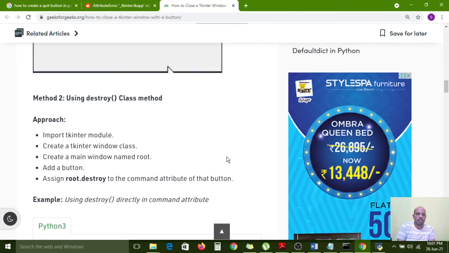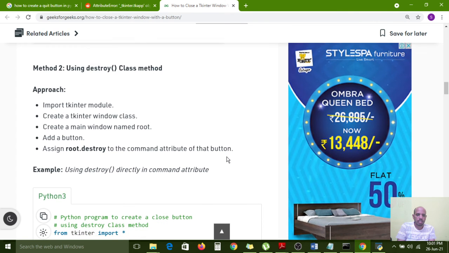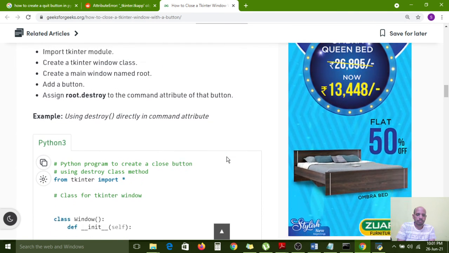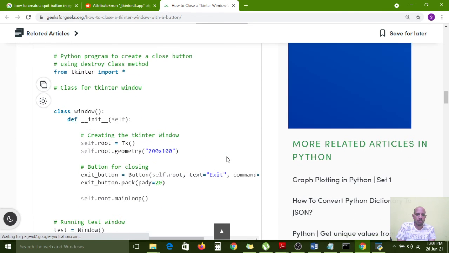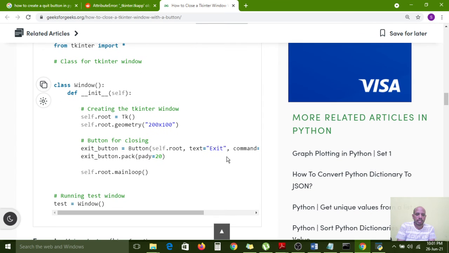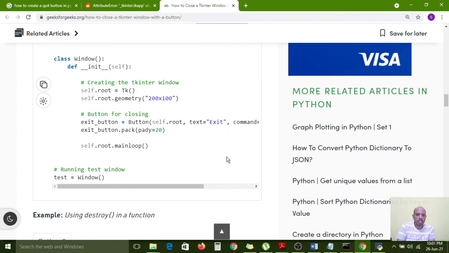Using the destroy method as a class method. Import class window. So command exit button, exit_tag pad equal to 20.